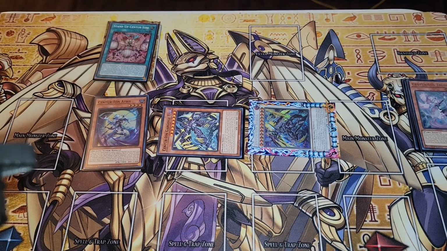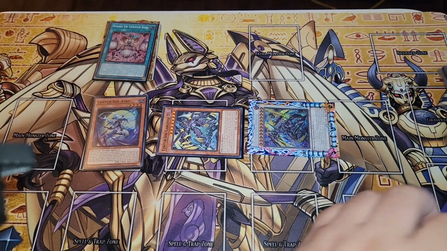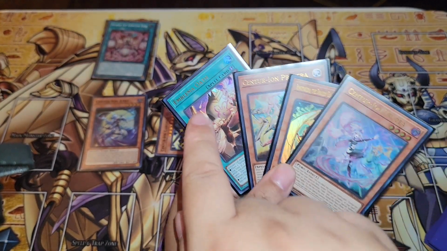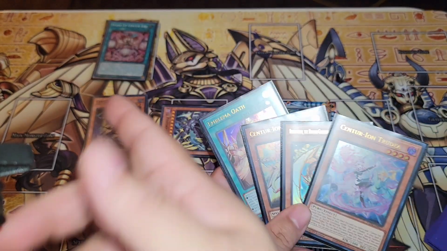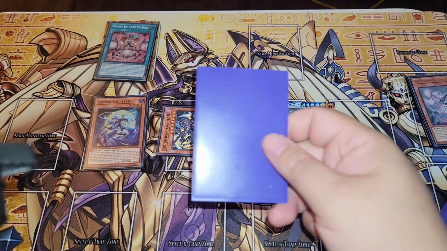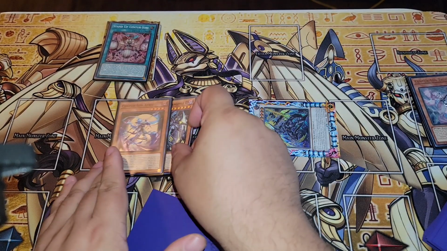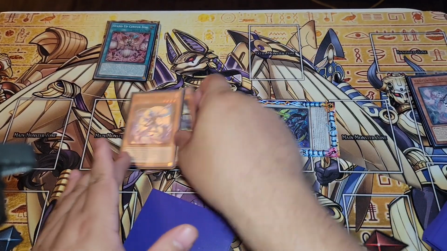And when this card is normal summoned, while you have any Centurion card in the graveyard, as well as Oath, you need Oath and any Centurion card. It doesn't matter what it is. Like you can have the spells or the trap. As long as you have both, you would just draw one card. Then you can synchro. Like it depends on what you want to do here now. But you can synchro